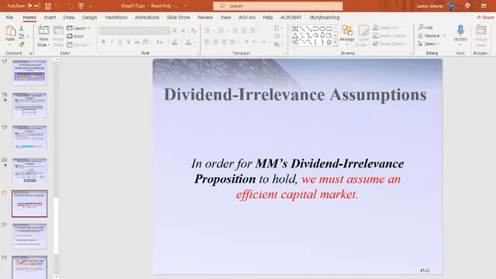Now, as I said, M&M said the amount of dividends will not affect the value. But here they assume we have an efficient market. But in real life, we know dividends may increase the value. So this is the first scenario, or one of the arguments: dividends may increase the value. Why? If we relax the assumptions of a perfect market and an efficient market, many investors claim dividends may actually increase value. Why? Those guys, as I said, M&M, they assume we don't have tax. We don't have many things. But in real life, we have them.